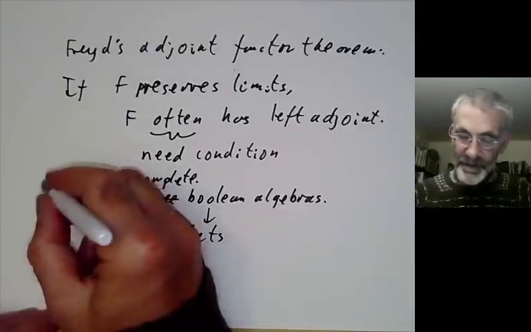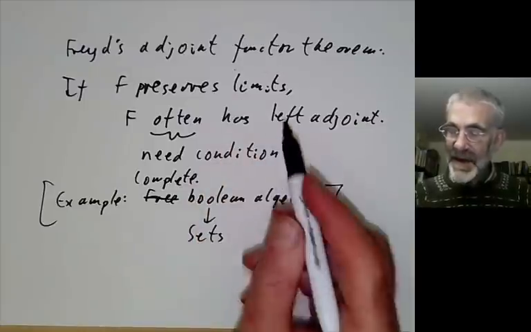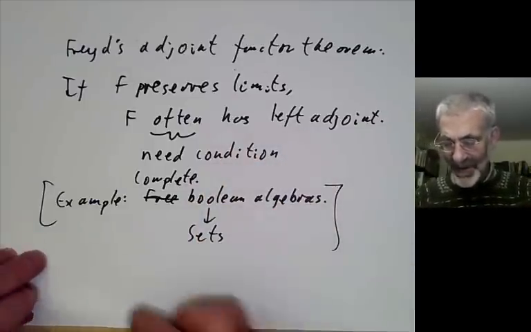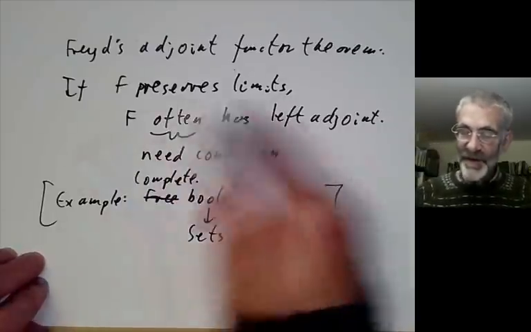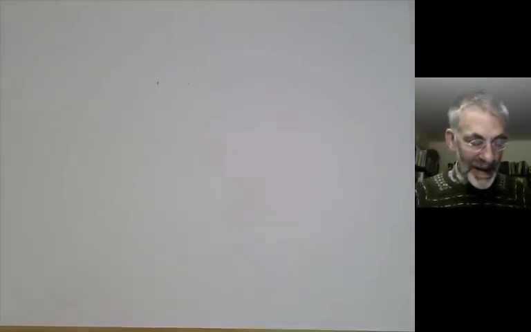So although if it preserves limits, it nearly always has a left adjoint, this isn't quite always true. And of course, if it preserves colimits, then it nearly always has a right adjoint. So let's see an example